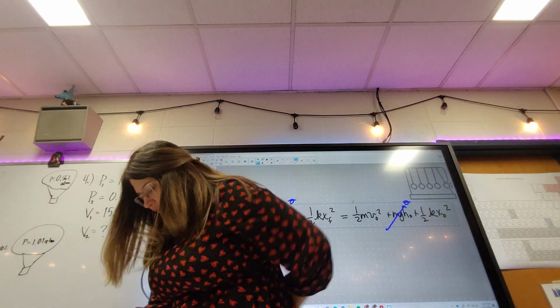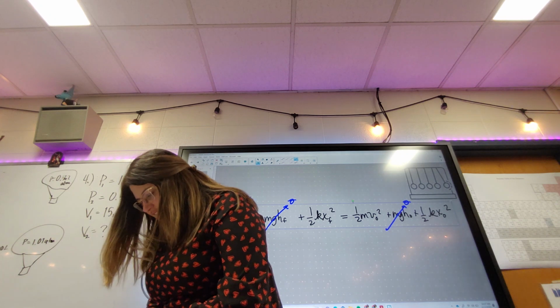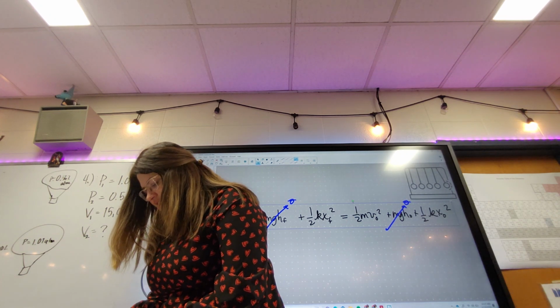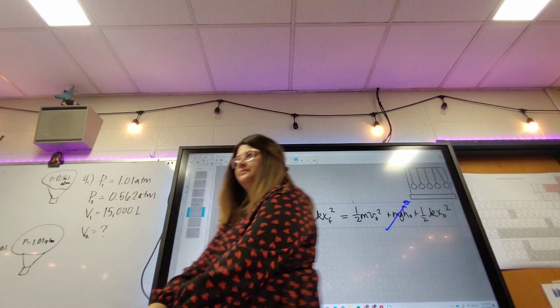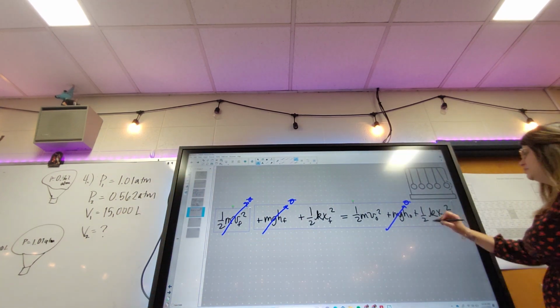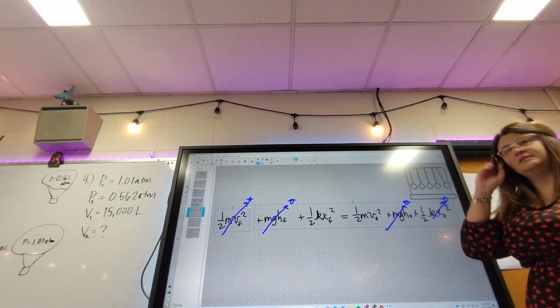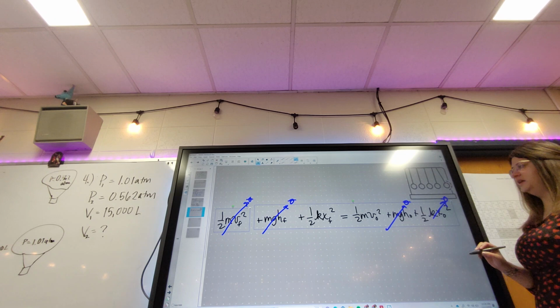All right, I'm going to go back to my problem and figure out which of the x's should be 0. Here it says, while the spring is initially unstrained, so that must mean this is 0. Okay, so